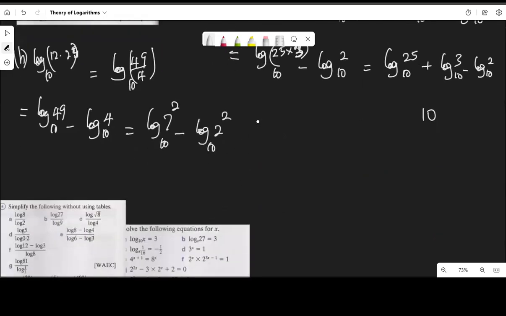And this we can write as 2 log 7 to base 10 minus 2 log 2 to base 10,